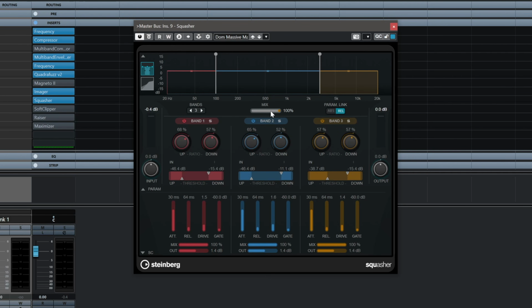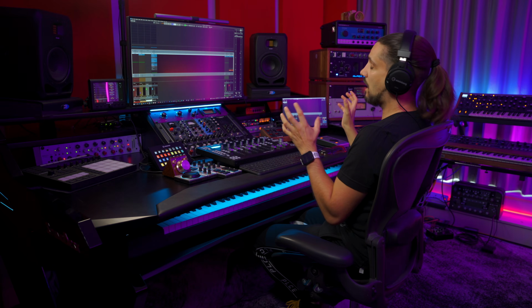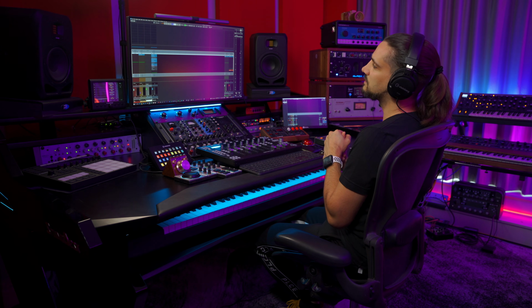Now, this plugin also has a mix control. So if you want to adjust a little bit of that effect to your master, it allows you to do this. If you pay attention, we added all these different plugins, but if you check my master meter right here, you will see that I'm not peaking. I have a healthy headroom still, and now I can start moving on to the last ingredients so that I